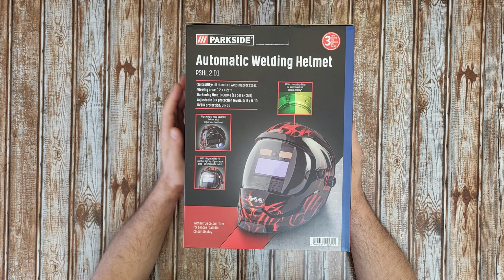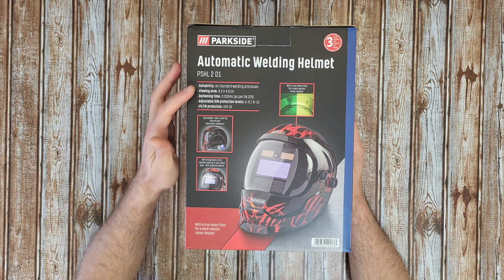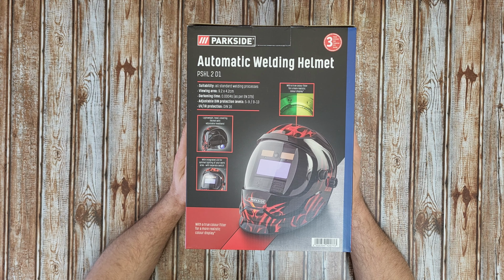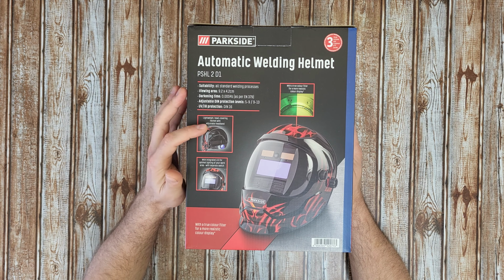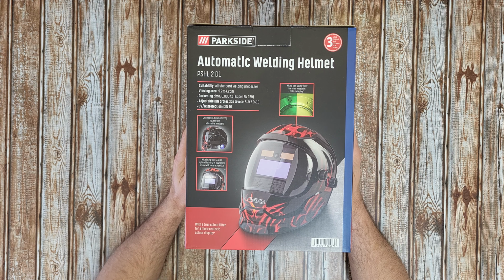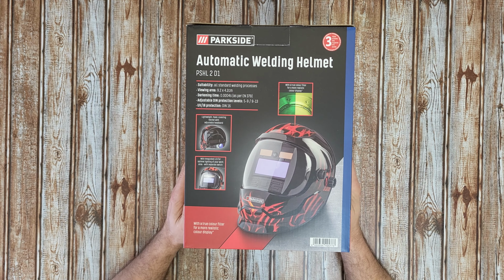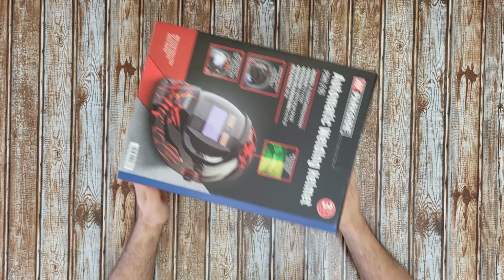And today I have this Parkside automatic welding helmet, the model PSHL 2D1. For all standard welding processes, viewing area 9.2 by 4.2 cm, darkening time 0.0004 seconds, adjustable protection levels from 5 to 9 and 9 to 13, UV/IR protection DIN 16, lightweight head covering helmet with an adjustable headband, with integrated LED for optimal lighting of your work area with a separate switch, with a true color filter for more realistic color display. 3 years warranty, and let's open to see what we have inside,